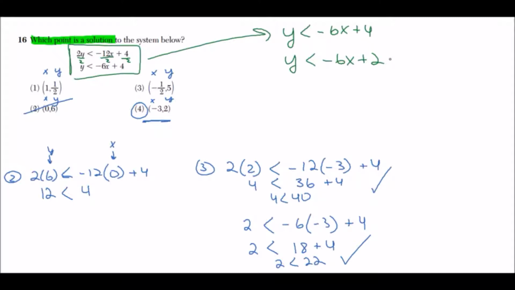Now again, from this point, we can just go ahead and substitute in our points, or we can take a quick sketch at these. Well, negative 6x plus 4 would look something like this. We have the y-intercept of 4, and we have a very steep slope of negative 6. Negative 6x plus 2 is going to be just below that. So if we shade below in both of those cases,